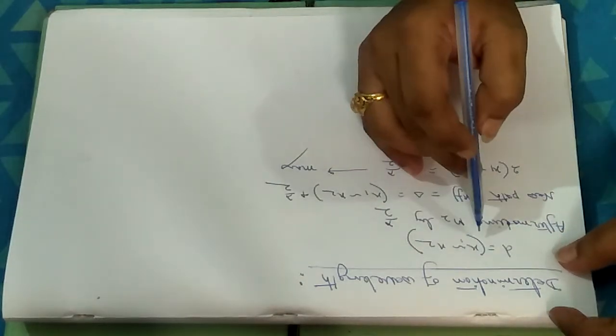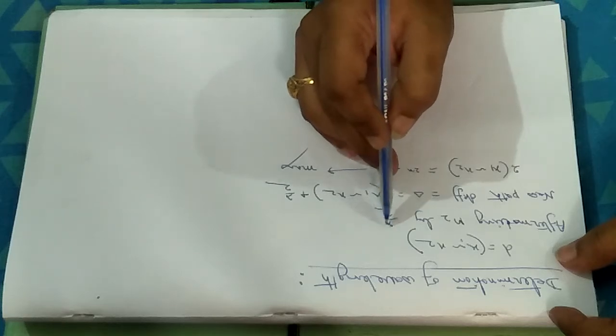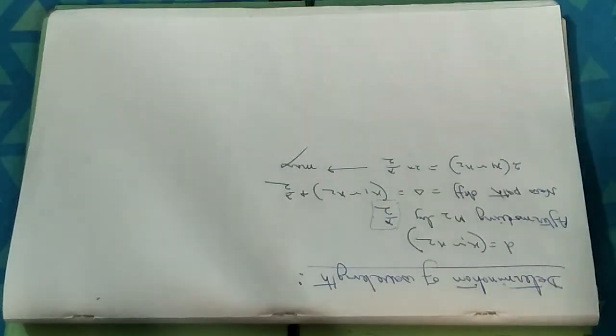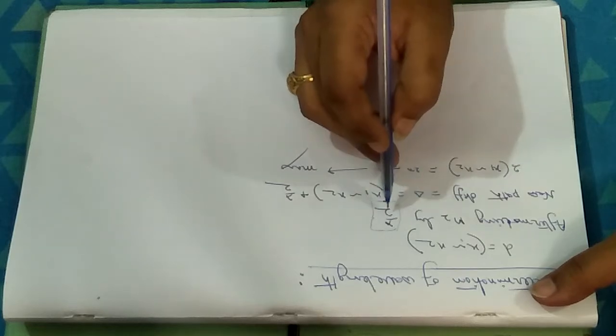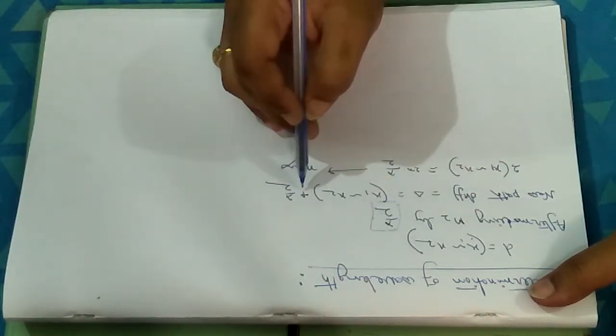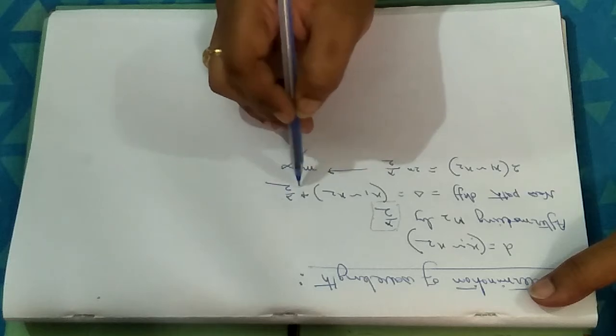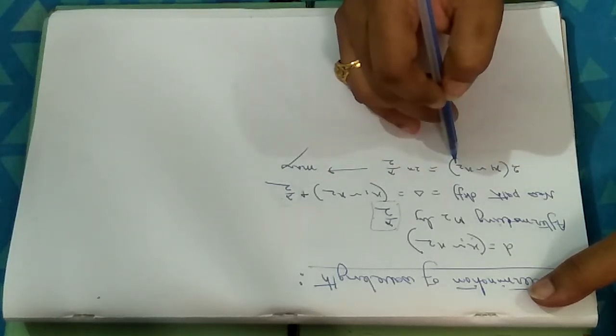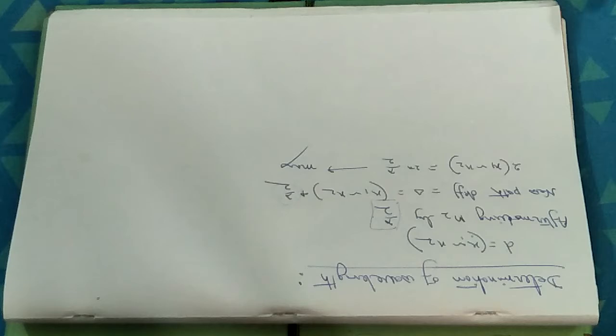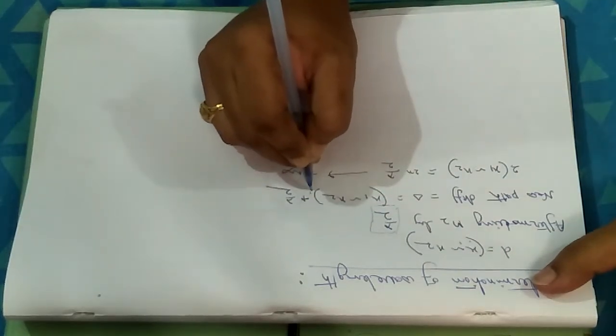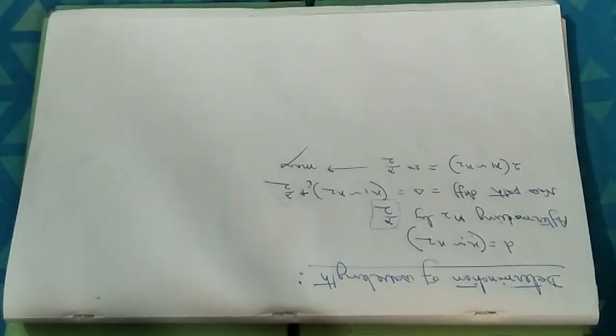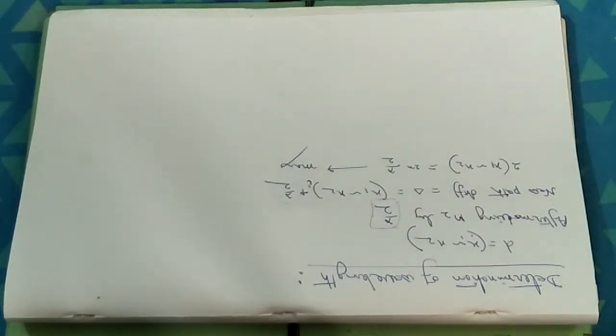Now after changing the position of the mirror by lambda by 2, it has an effect on x1 minus x2 by the amount lambda by 2. So what will be its effect on twice x1 minus x2? Its effect will be lambda. So I call it the initial position. Initially this was the path difference, and at that particular point I was detecting a maxima, and this was the condition for maxima. Now what I am doing, I am changing the M2 mirror by a little distance.